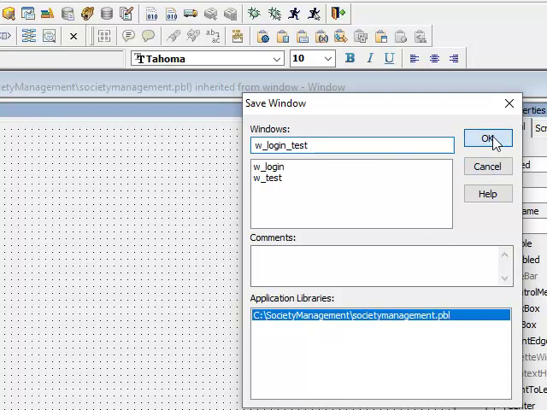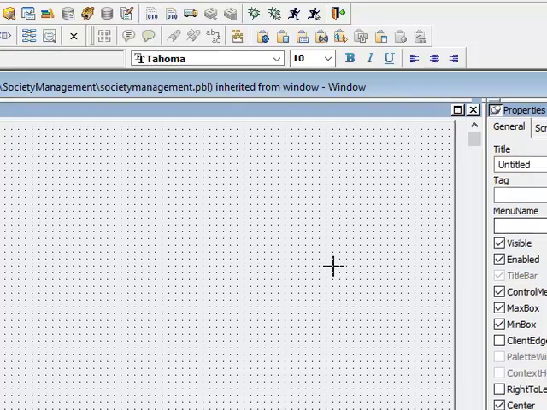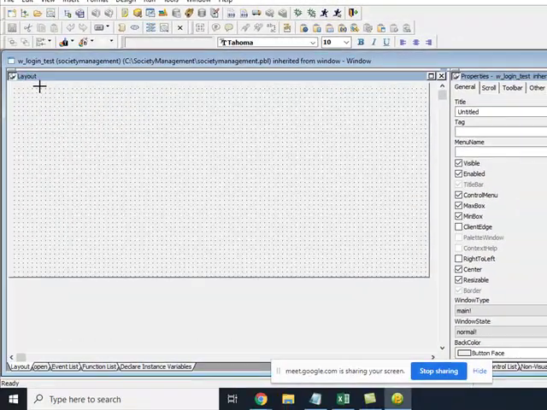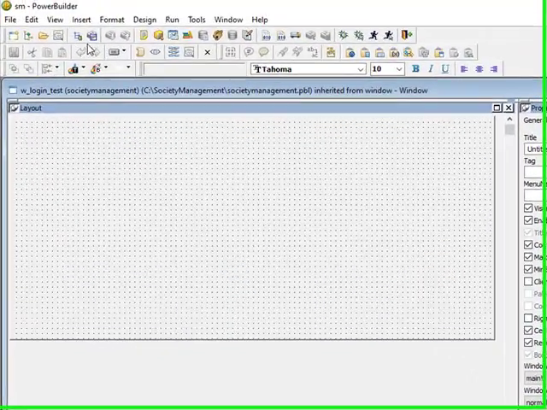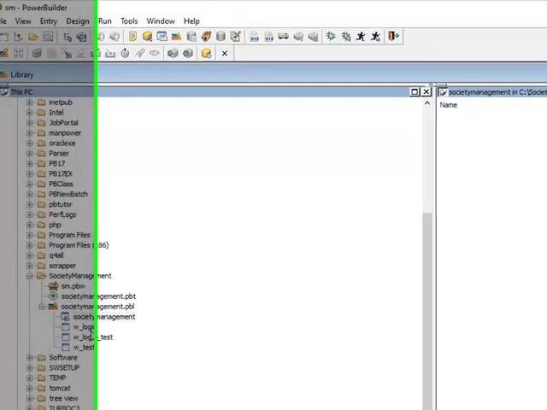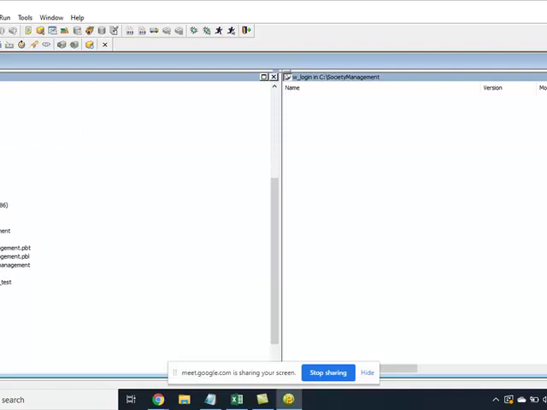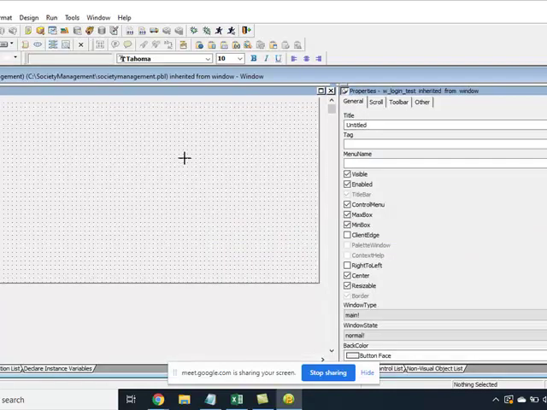One more window will be created. W underscore login is already there. You have created a copy of W underscore login. You can go and check it here. If you want to delete it, select it, delete it. Perfect. बहुत सारी चीजें हैं, अभी बहुत सारी चीजें सीखेंगे हम, don't worry.